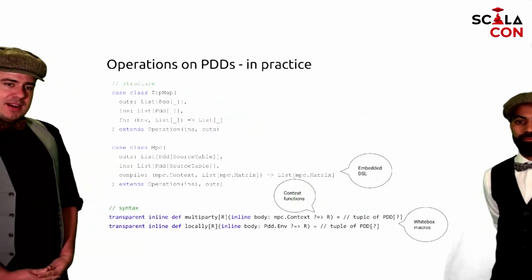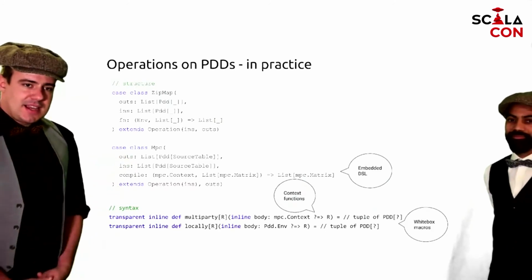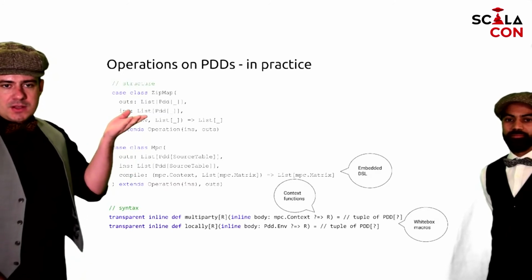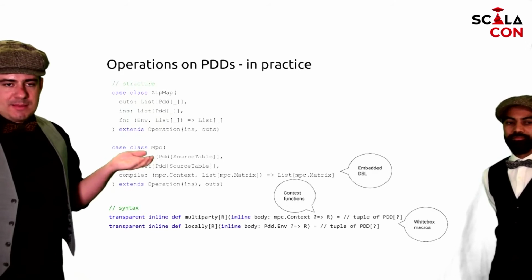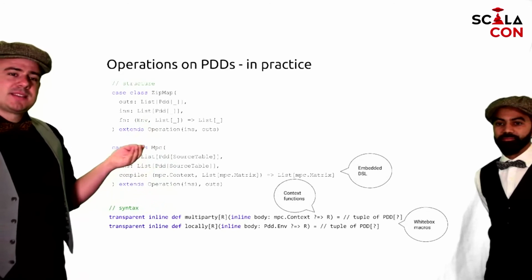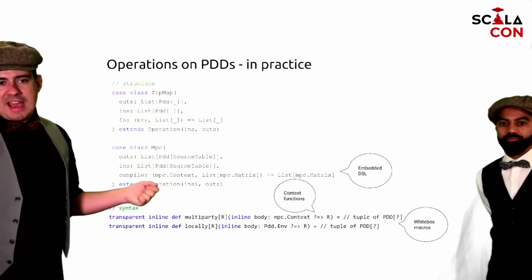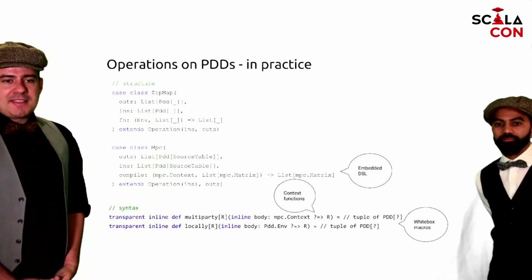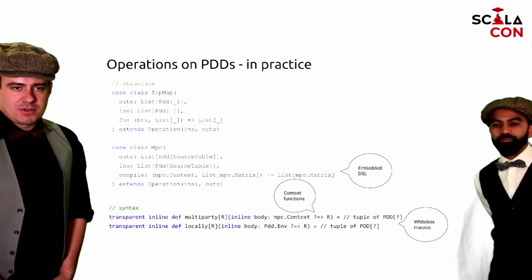So in practice, if we look at some code again, we can decouple this high-level language into two main constructs. Of course, there's more, but today we're focusing on these two. So there's one operation called the zip map, and there's one operation called MPC. These two are both operations. So what does that mean? That means that both of them have a reference to some outputs, they have a reference to some inputs, some specific PDDs as inputs, and then they have a payload. The payload is specific to what the operation represents.